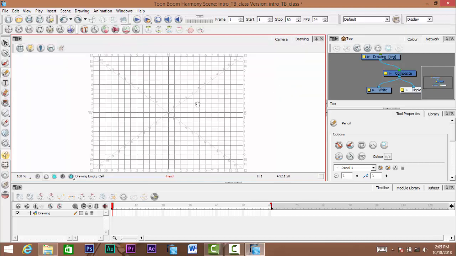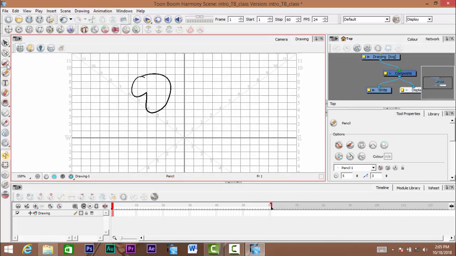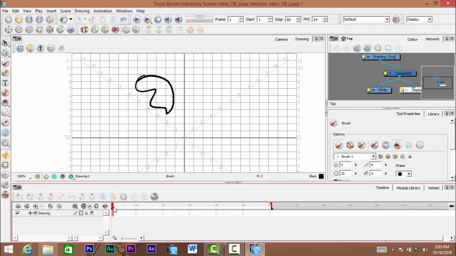The only thing the drawing view does is that it is used just for drawing. You can use it to draw your characters. You can use it to do frame by frame drawing. Okay, let me show you. Draw the first character, draw the second character, draw the next character, but it is basically used for drawing only. So the drawing panel is used only for drawing and painting. You can only use this panel to draw and to paint, but you cannot animate in it unless you want to do a frame by frame animation, in which case you have to be doing your drawing on every